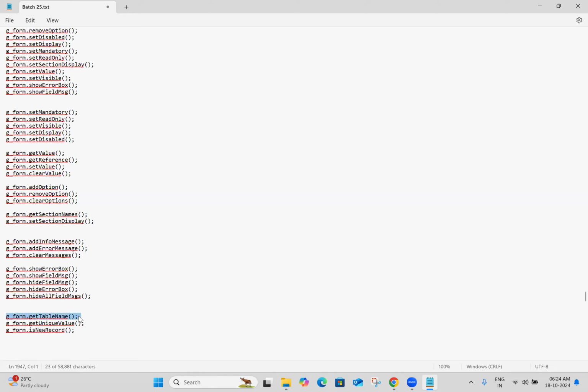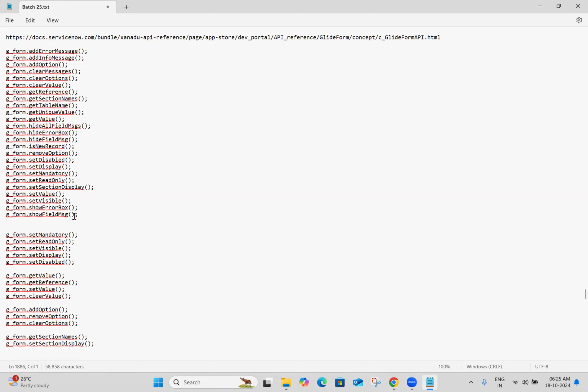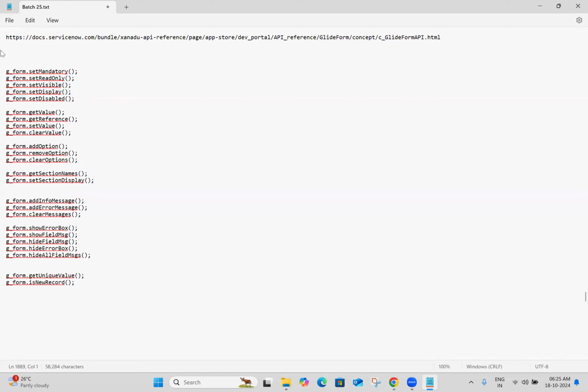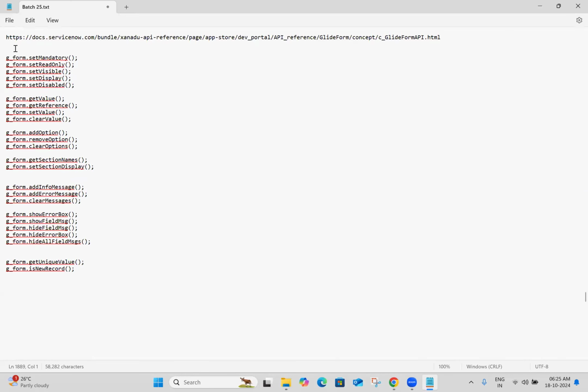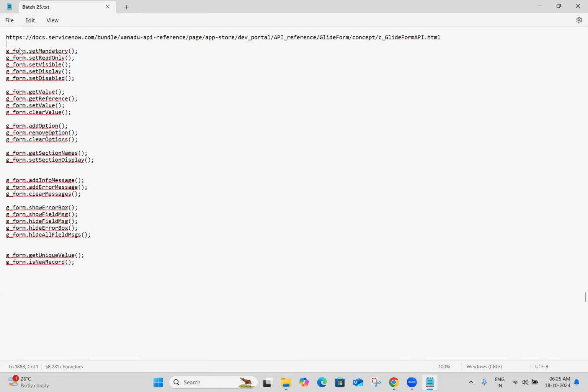Even get table name also is not required. Okay, I haven't used it any time. Maybe one or two times I have used it. It's just for example, if we are writing a client script on the incident table, and you use the g_form get table name method, it will provide the result as incident. Okay, like this. Get reference value and is new record. Yeah, we will use these frequently in real time. So these are the methods mostly we are going to use in real time, most of the time. Okay. So I can say we have 100 plus methods available within the GlideForm API. So these are the methods we are going to use